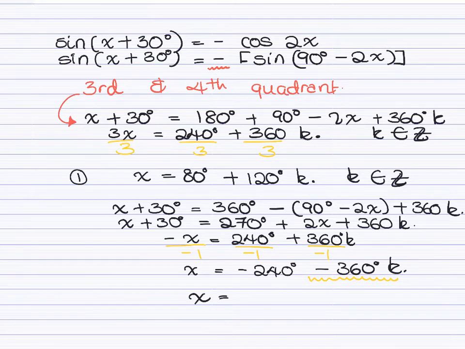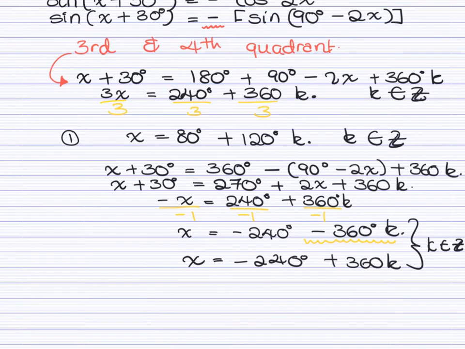So you could leave it as negative 360k, or you can write it as positive 360k, because like I said, when you plug in values of k as an integer, whether they're positive or negative, you will end up with the same answers. Now, you could leave your answer like that with the negative 240, but if your question specifically states that they want non-negative degrees, you would then have to add 360 degrees. If you do that, you then end up with